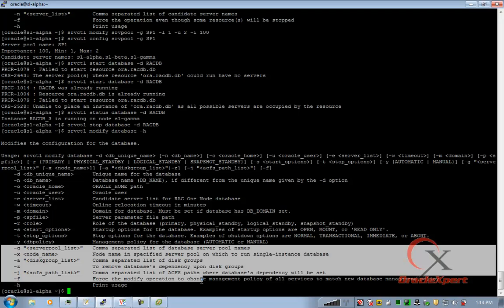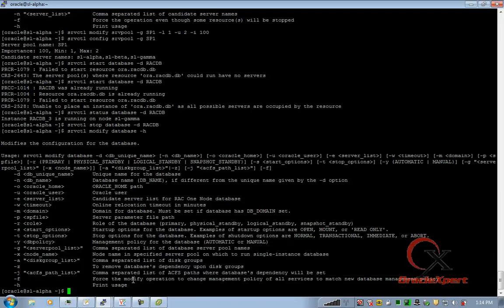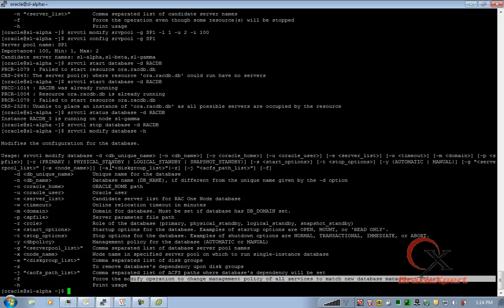Force the modify operation to change management policy of all the services to match the new database management policy. Let's try this.